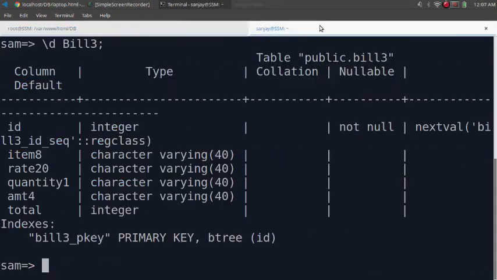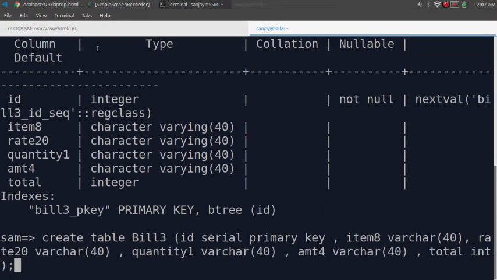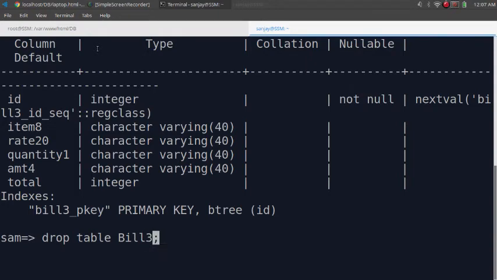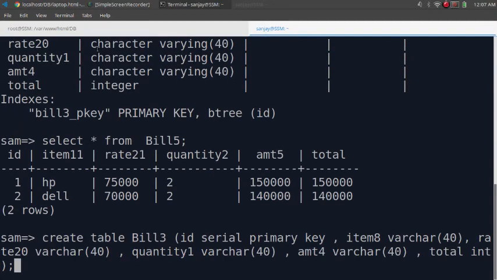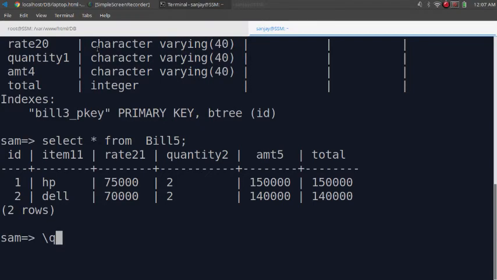Now we will see the database. Here the name of the table is bill5.